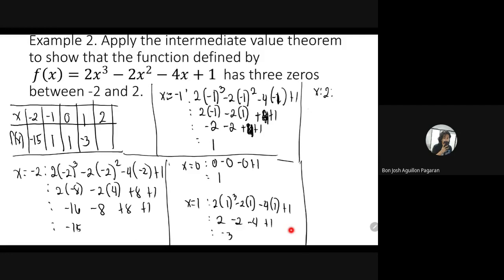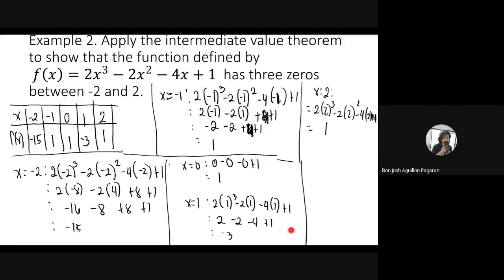So when x is 2, we have 2 times 2 cubed minus 2 times 2 squared minus 4 times 2 plus 1. So that will give us 1. Am I correct? Okay. Now, how do we know if the intermediate value theorem satisfies the function that 2x cubed minus 2x squared